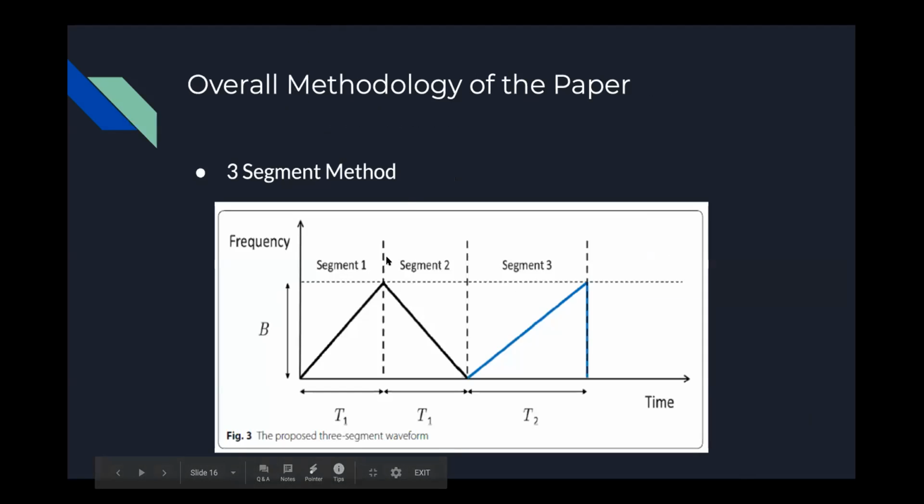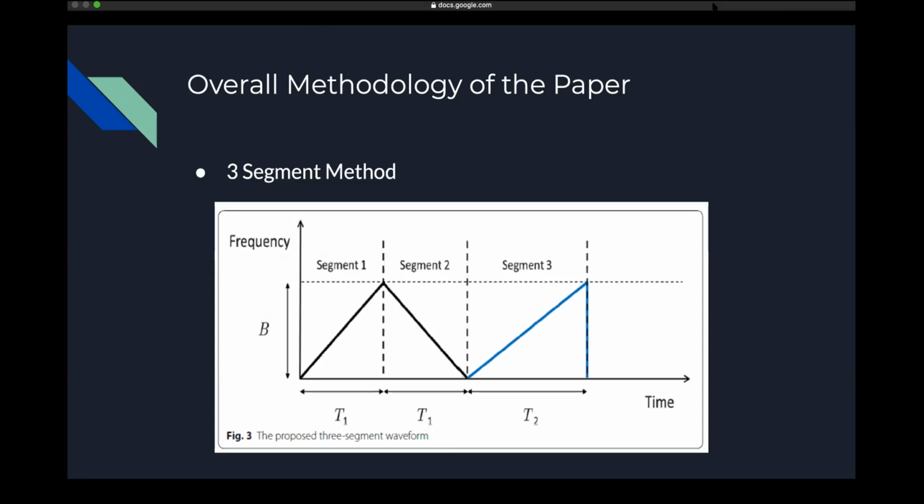As we can see, the complex chirp method we can't use because of RF overloading. Another method proposed in the literature is called the 3-segment method. What we are doing in that is using the up chirp and down chirp for the T1 time period, and another up chirp for verification purposes for the T2 time period, at a different slope value. From the first and second segments we are finding the range and the velocity, and we are verifying with the third segment and checking if there is a ghost target or not.